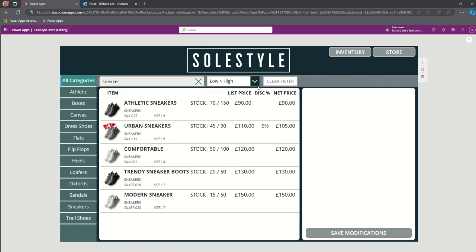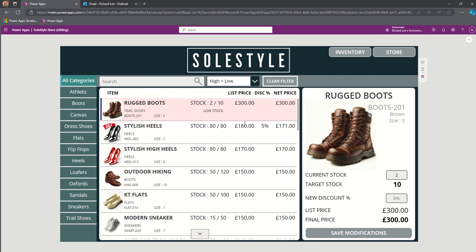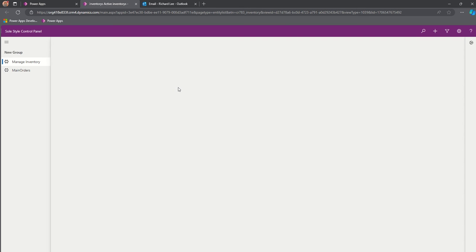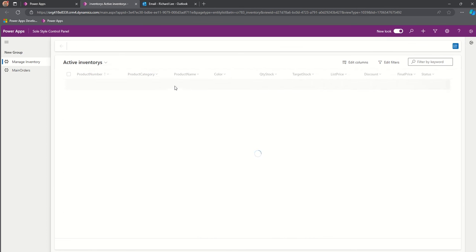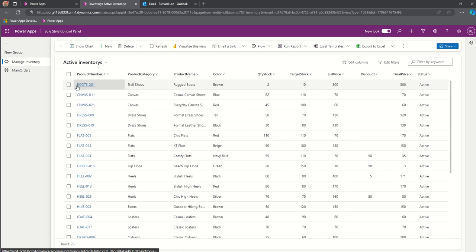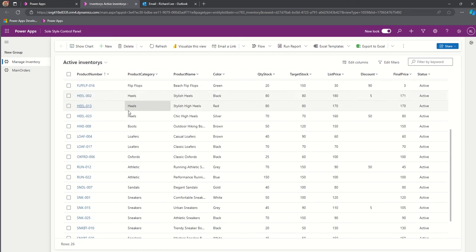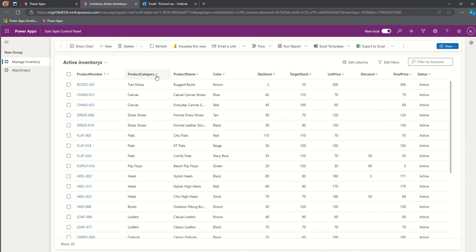So this is where you would manage just the basic information of the products. The staff can click this button here, which will take them to the Dataverse model-driven app. This is where they can manage the entire catalogue itself and all the details for the product. So here we've got an A to Z of all the products. It can be filtered by the